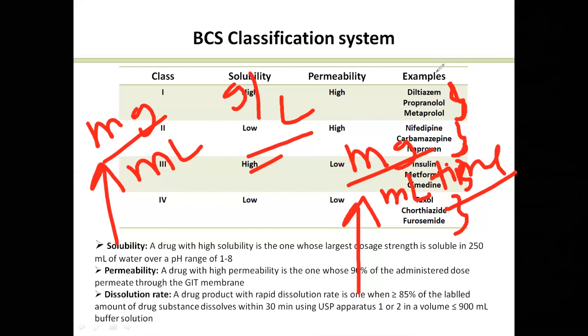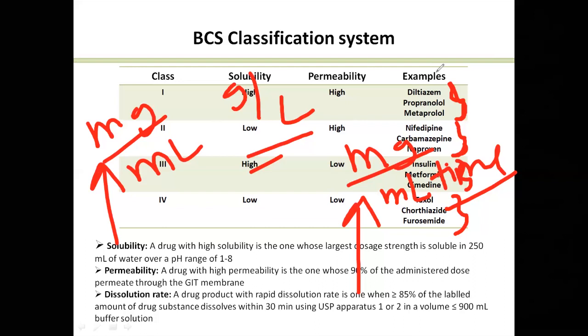Next, dissolution rate is a concept which is not present in the BCS system, yet it is an important concept. We take this concept while we perform any dissolution experiment. So the USP requirement for dissolution is that, like high solubility and high permeability, we can call a drug